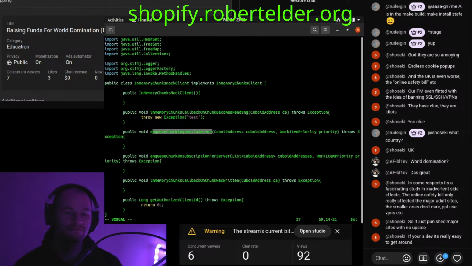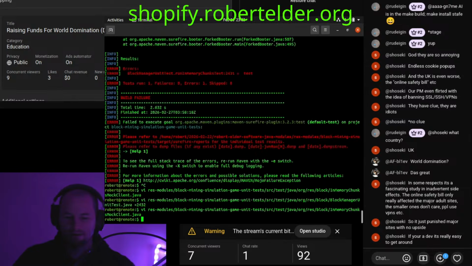If you're a dev, it's really easy to get around. Yeah, I guess they probably don't care too much about the small exceptions, but I don't even know 100% what the Online Safety Bill entails, but those things never end. It seems like every 6 months there's some new bill that does stuff that people don't want. But I'll probably leave it there for tonight.